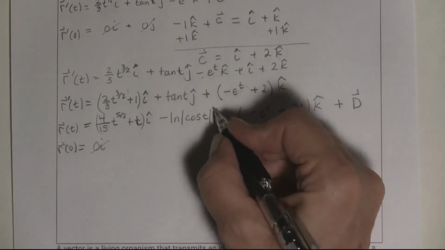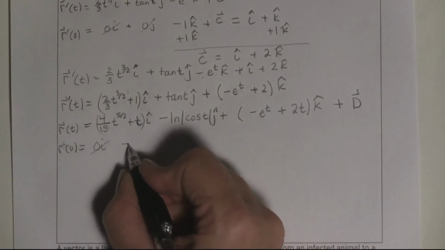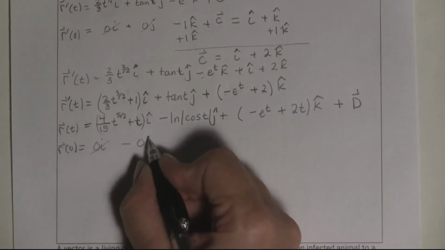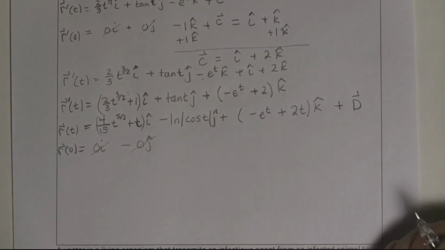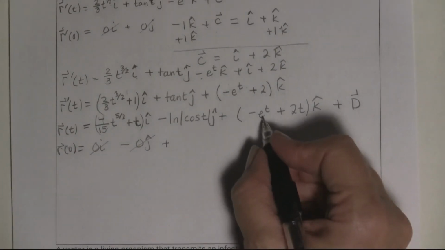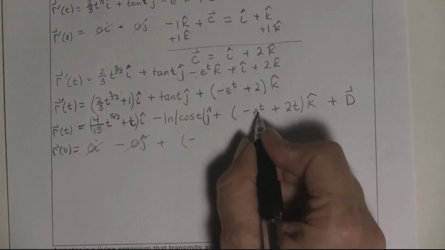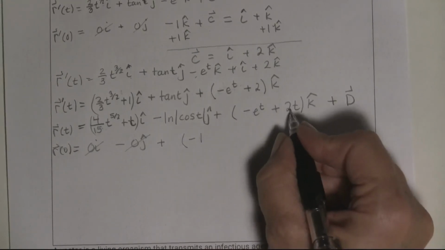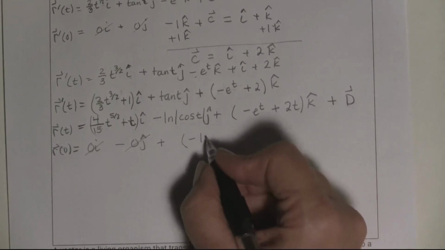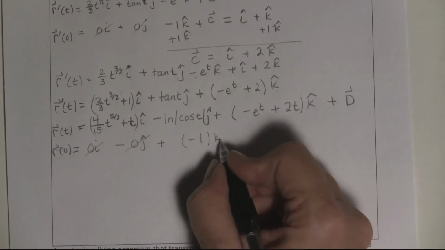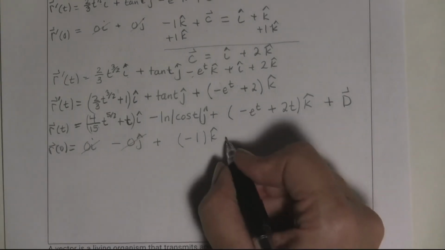There's my j. So this is minus 0j. Then plus, it's the k's again. So when I put in here 0, I get negative 1. Right, negative 1. And when I put in there 0, I get just negative 1k, because that's 0. Plus d